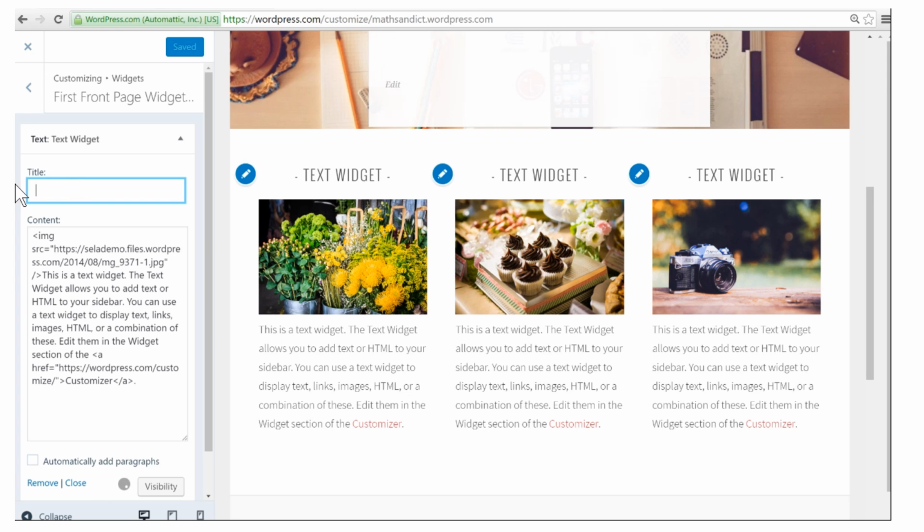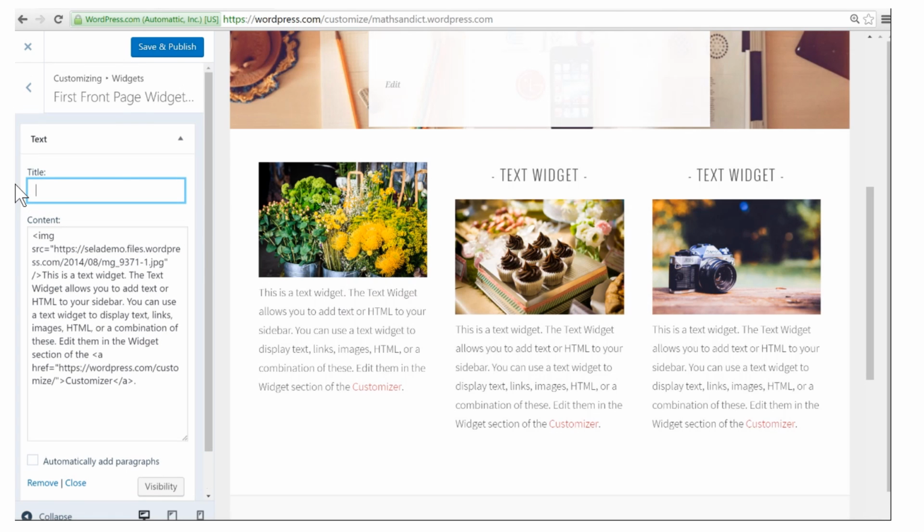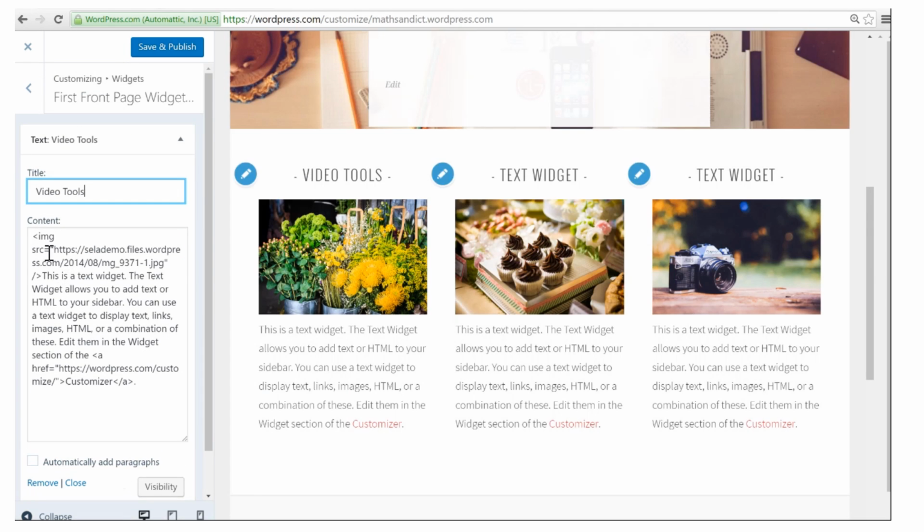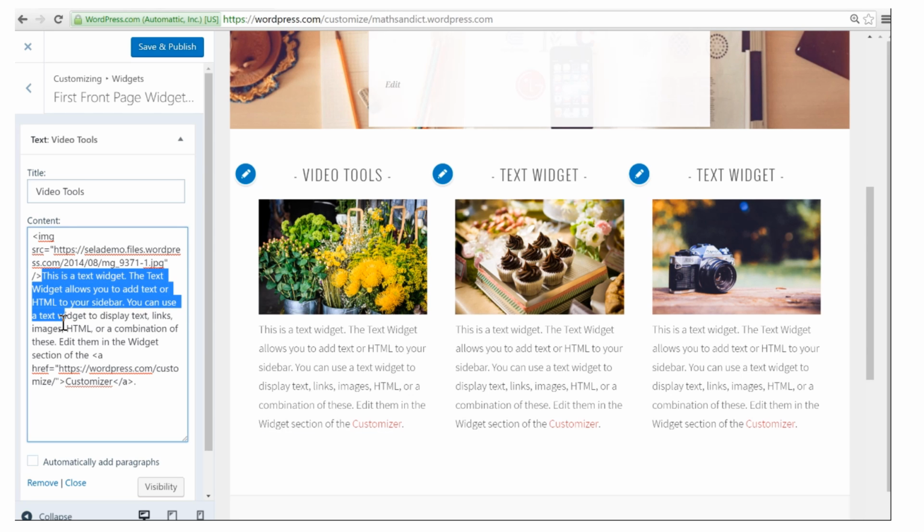So I could say video tools, and I can change the image here, but you're going to do it using some embed code. And so you would put, see here, image source, you would just take out this piece and put in a link to an image you have instead. And then to change the text here, you would just take out this text, so it goes right up to